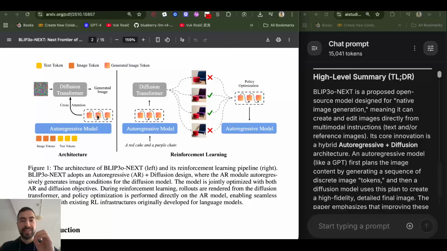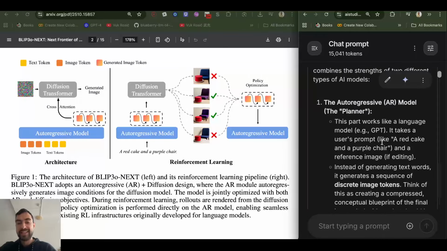Crazy new model that combines diffusion and autoregressive transformers. So image generation and editing with diffusion, and next token generation with autoregressive LLM. And it's using the autoregressive language token generator, text generator, to plan, and then using that plan to generate the image